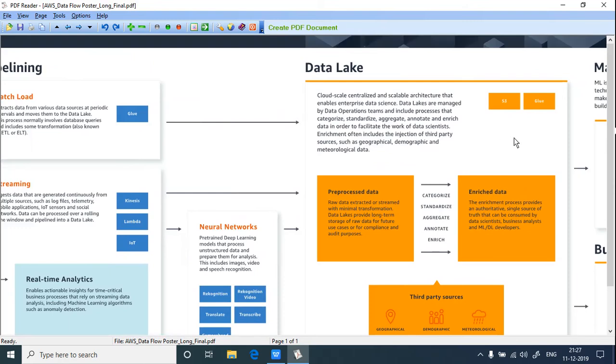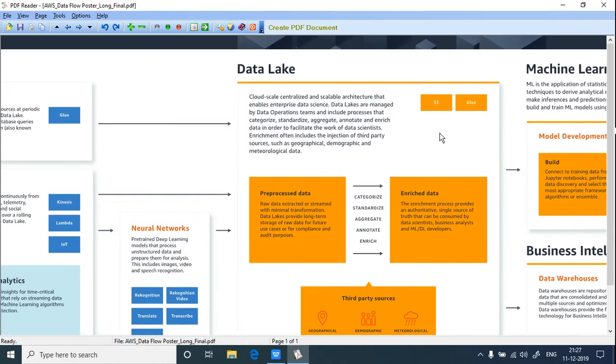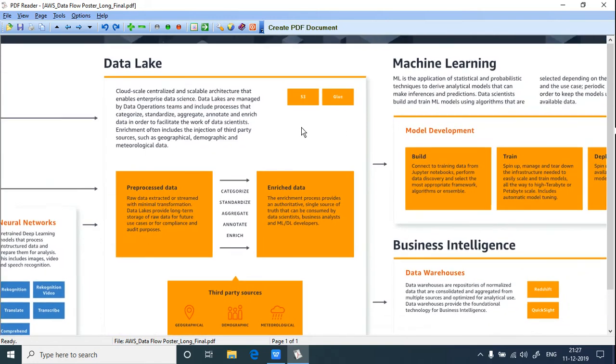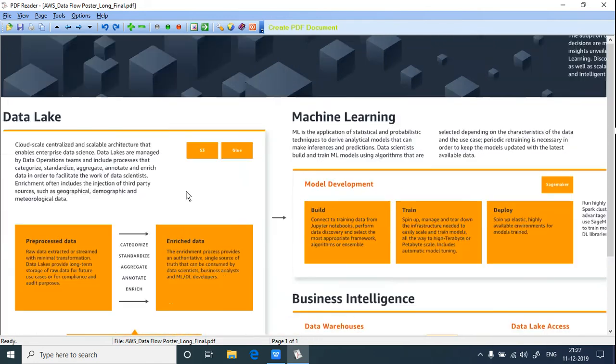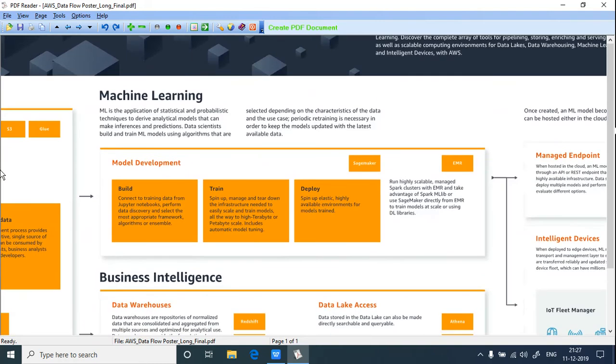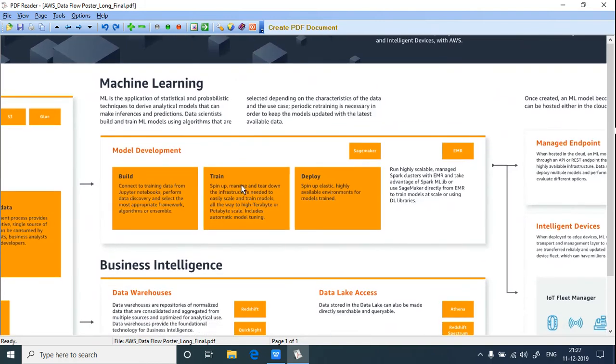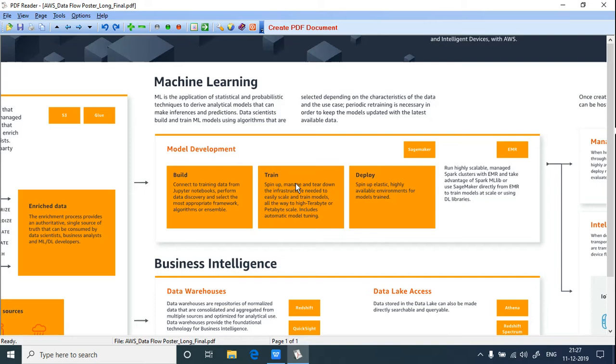There it shows S3 as the storage area. They can store the files or database for some other process purpose. The process can go further to business intelligence software, or it can go for machine learning with different services or different technology components.